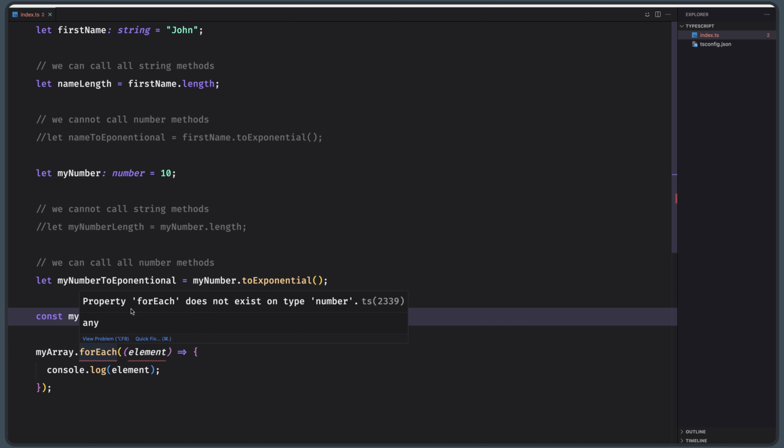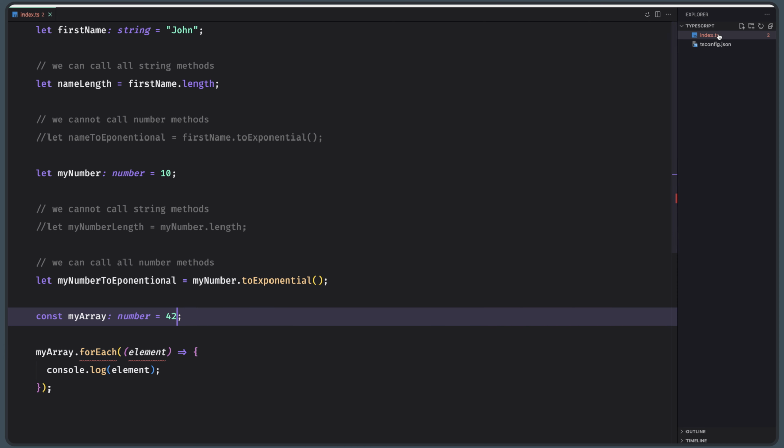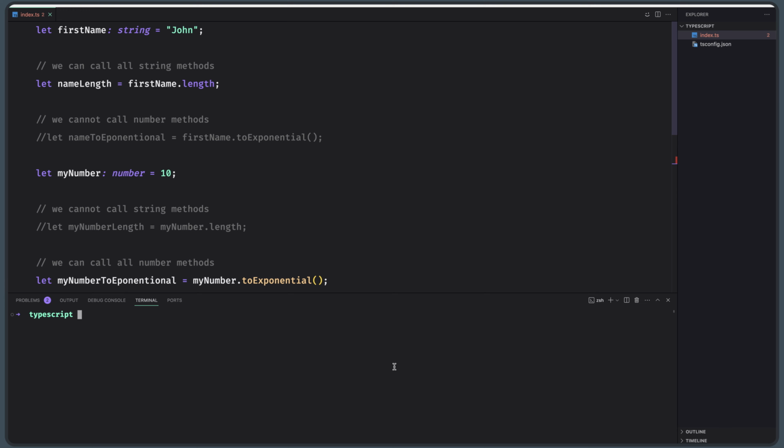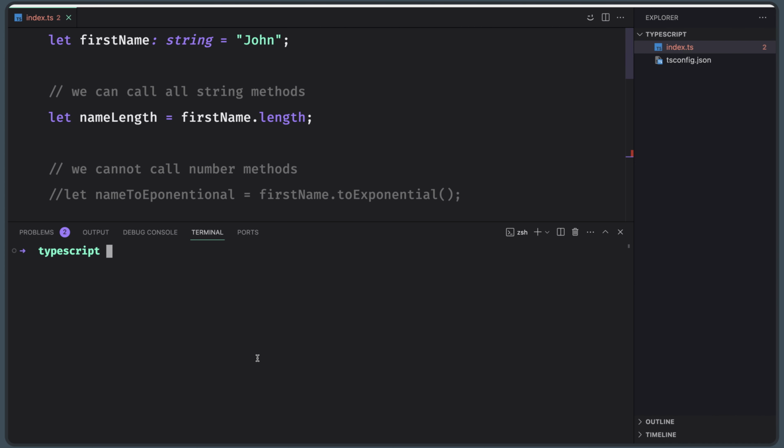If we try to compile this file, as you can see we have index.ts here, and we are in the TypeScript directory. If I open the terminal in here, we are in the TypeScript directory as well. I'm going to zoom in a little bit. Now if I say tsc index.ts, I'm going to compile this index TypeScript file. If I hit enter,